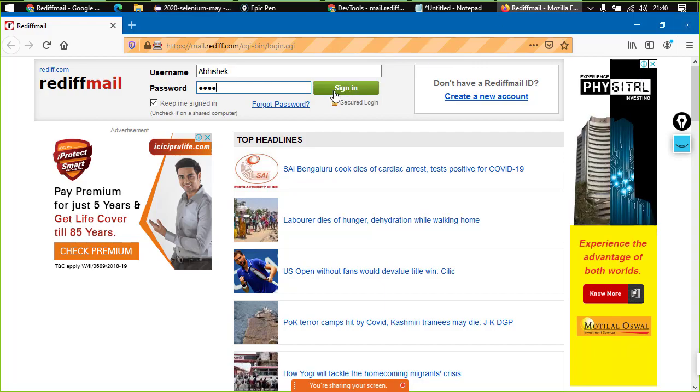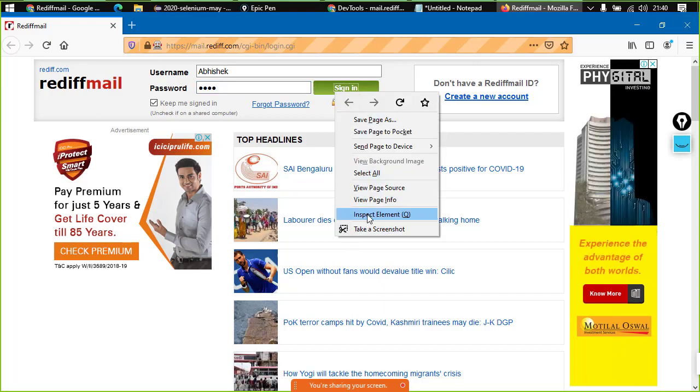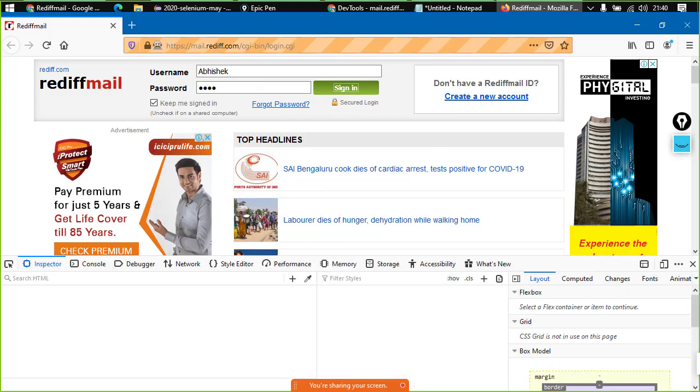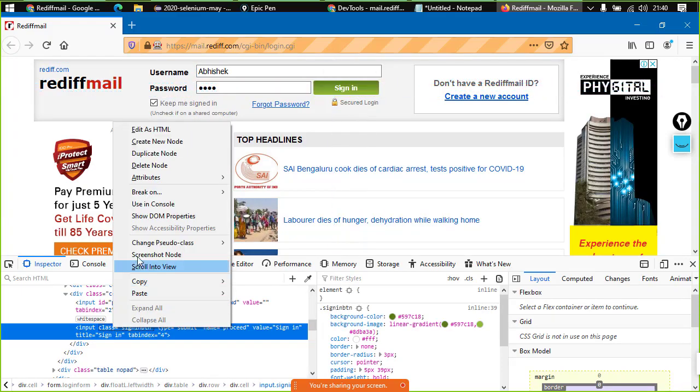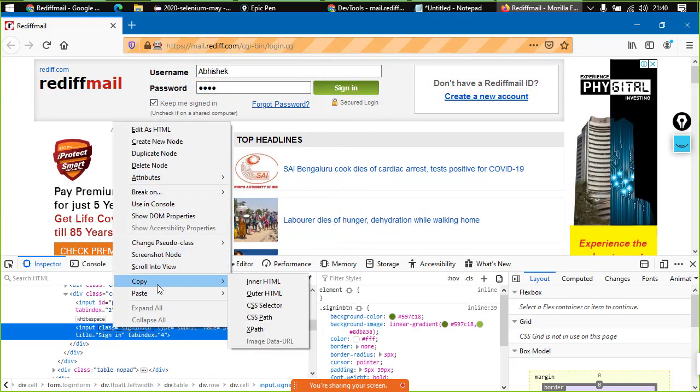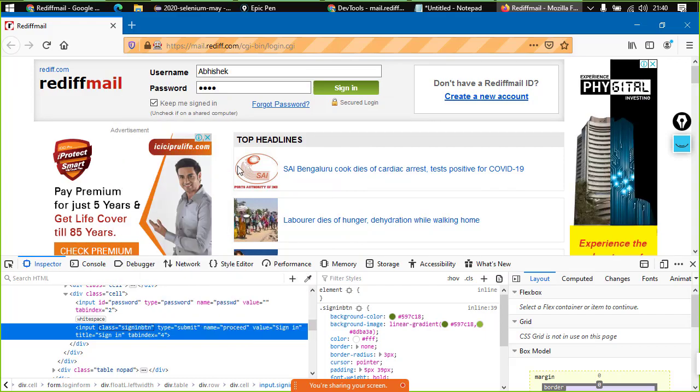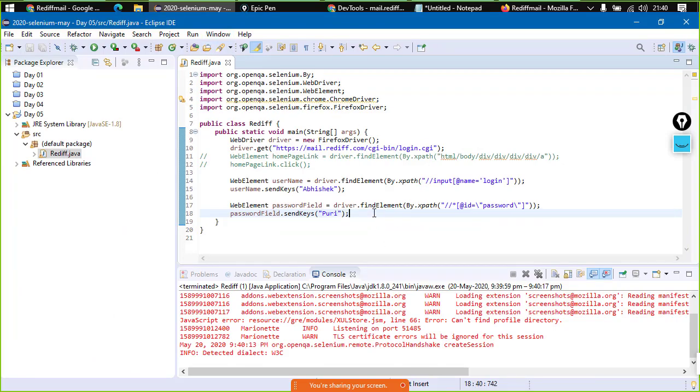Right click here, right? Inspect element. Notice something, I'm inspecting an element on the Firefox browser. So over here, this is the element. Right click, go to copy, and we have the option of XPath. I'll just copy the XPath and I'll paste it here directly without looking at it, right?